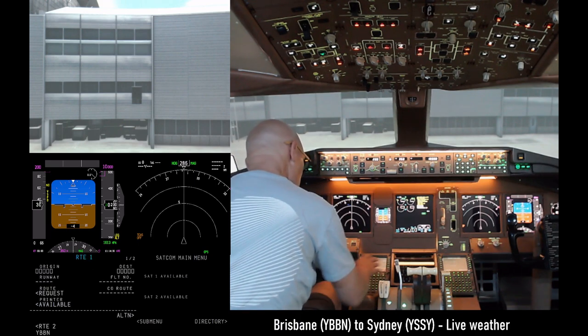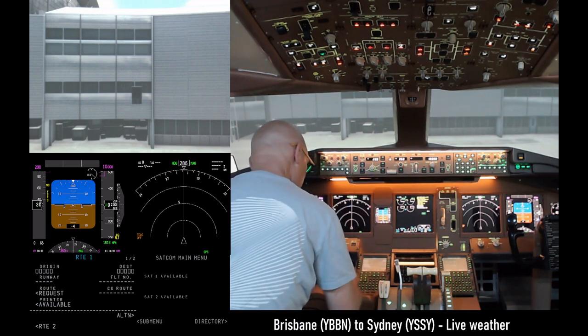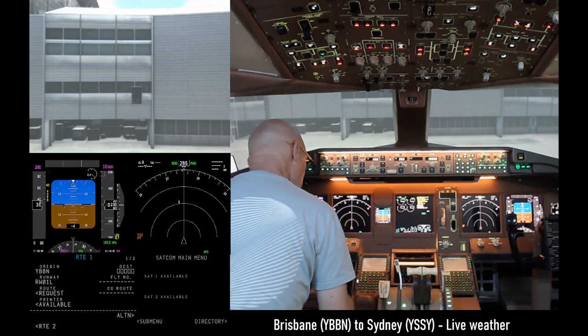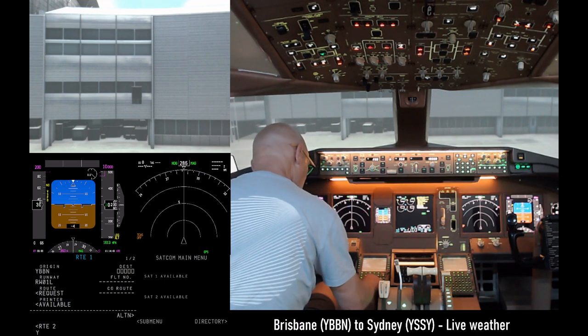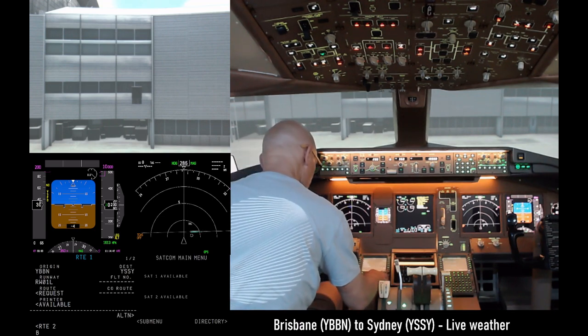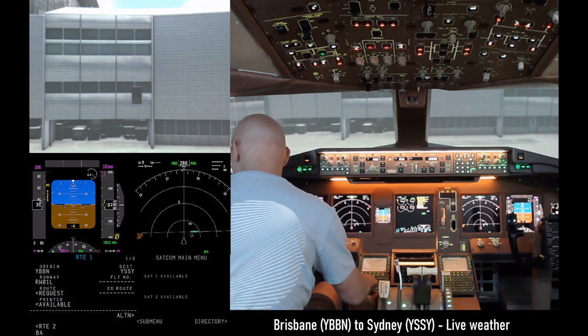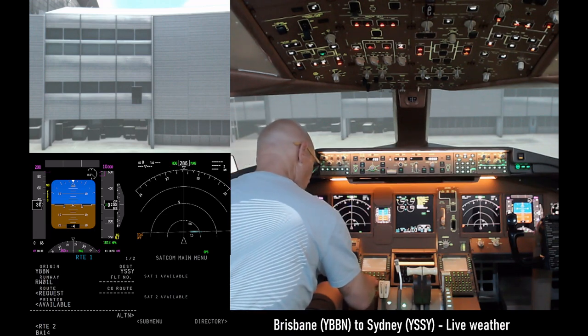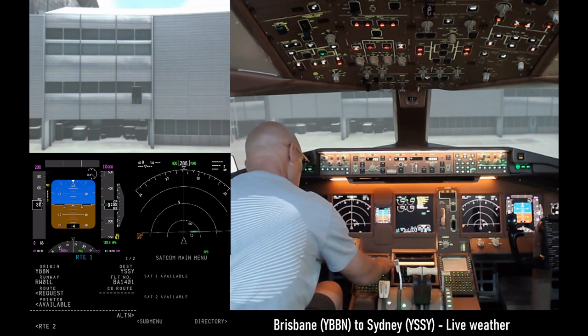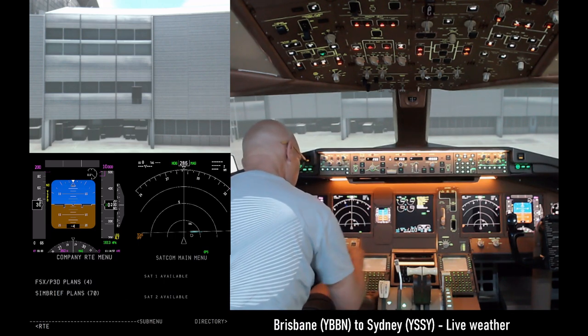Perfect. And the route is we're going from Brisbane on 01 left, and we're flying to Sydney, YSSY. Today's flight number is BA 1401. Put that in. Let's pick up the company route for this,